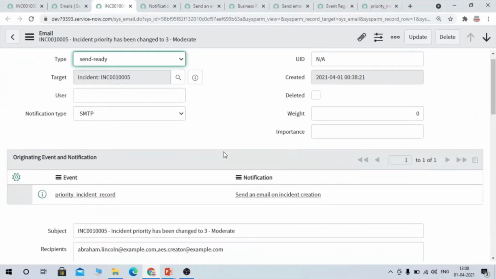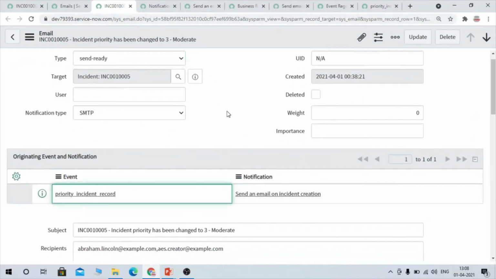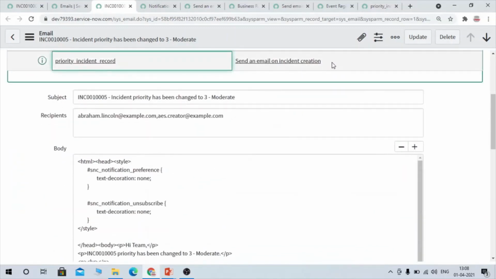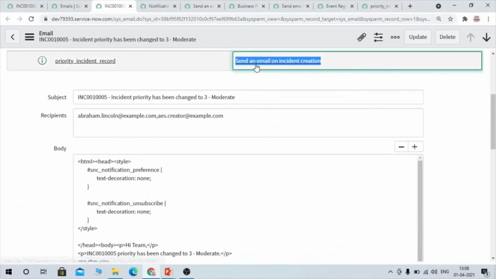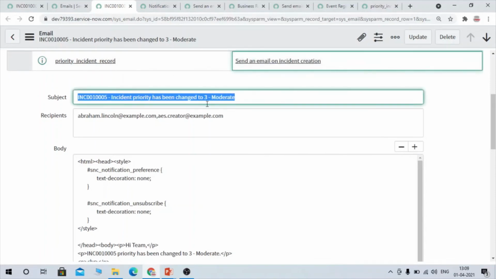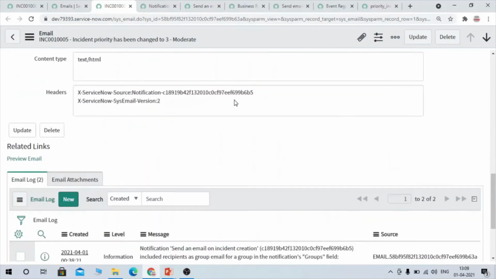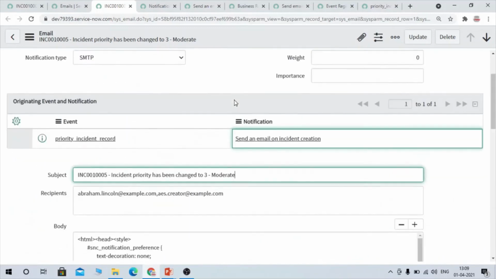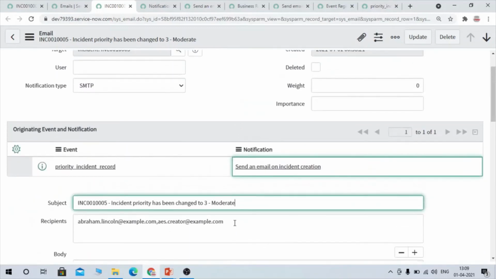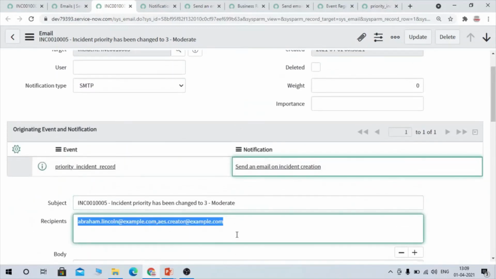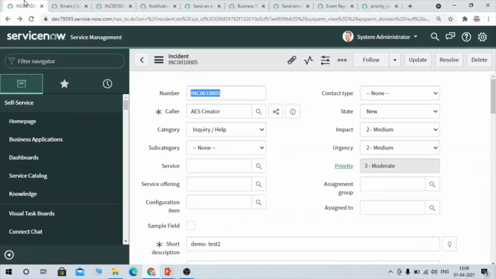So you could see this is our event which we had changed, and this is the notification. As part of this notification, email has been triggered, and what we had defined in subject, you could see here: priority has been changed to moderate. And you could see to whom it got sent. So here we are not having any assignment group or assigned to, right?